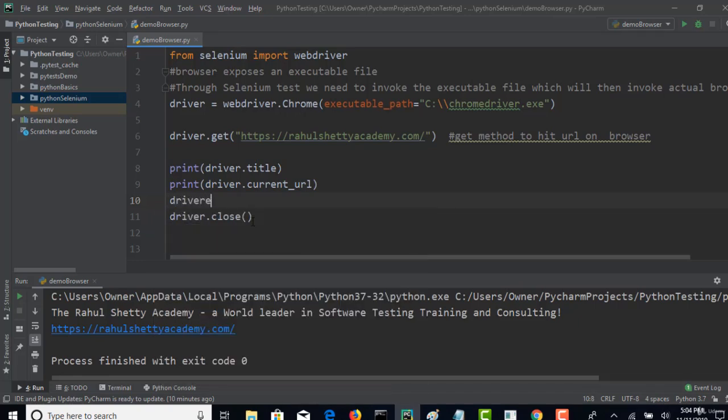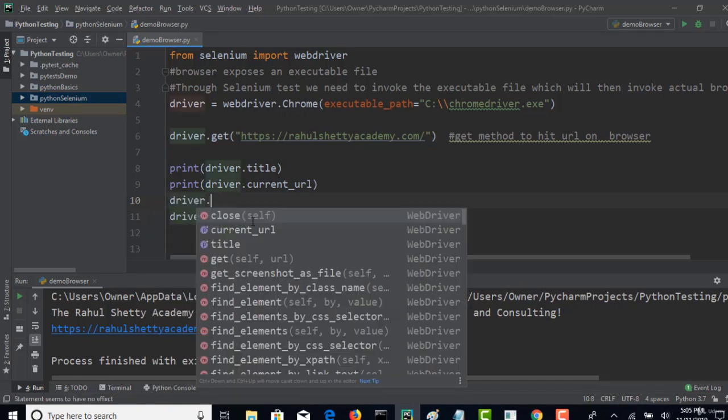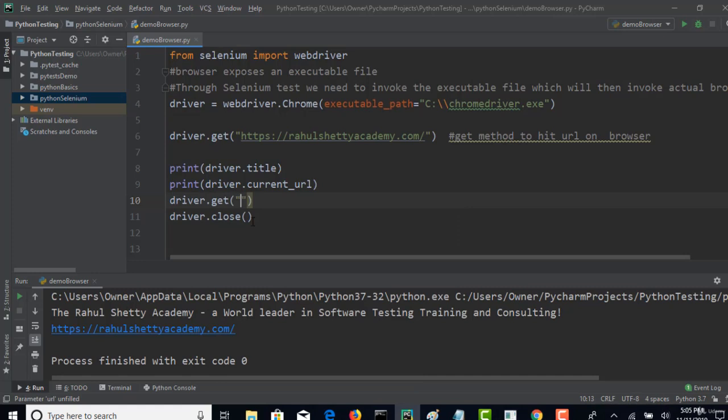So driver dot, again I would say driver dot get, so that it will hit this URL again on that browser, so that we will now move from rahulshettyacademy.com to rahulshettyacademy.com/automation practice. So we will move to another URL. Okay. Thereafter, if I want to come back to my previous